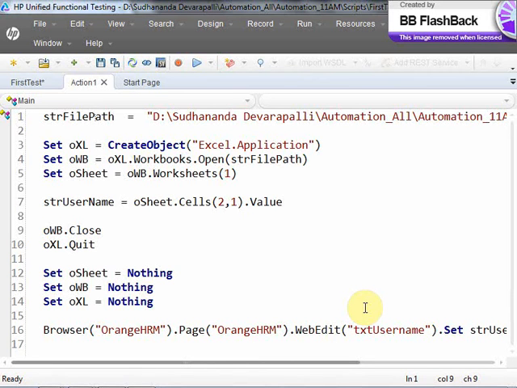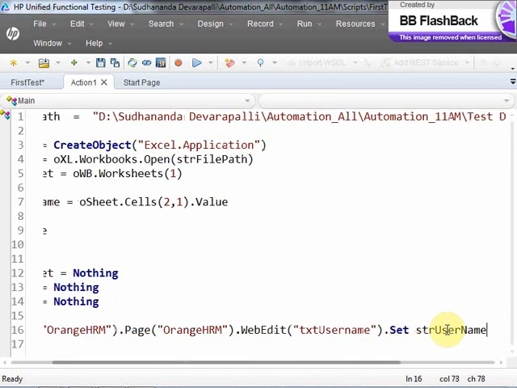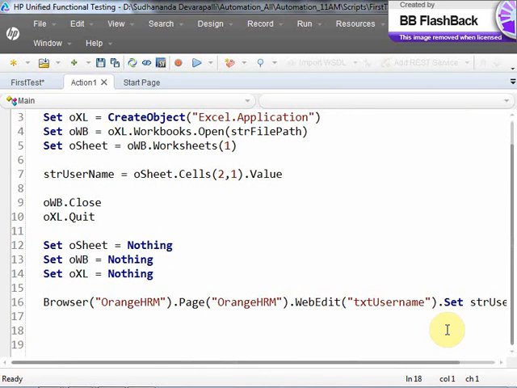But you understood, right? In case the data keeps changing, you don't hardcode the data directly in the script. You store the data in an external location and we read from that location. The same script we discussed already in VBScript, no method has been changed here. Okay, next I enter the username. Next, what you need to do? You need to enter the